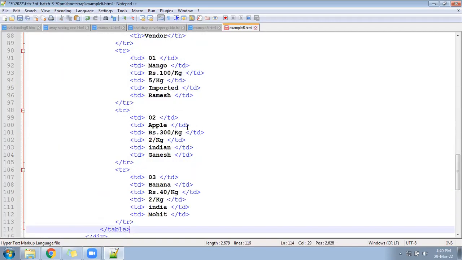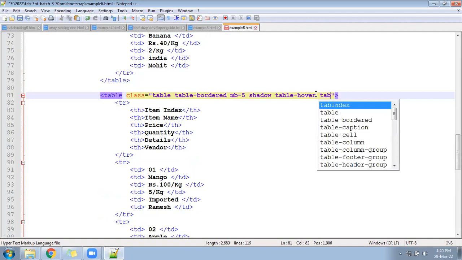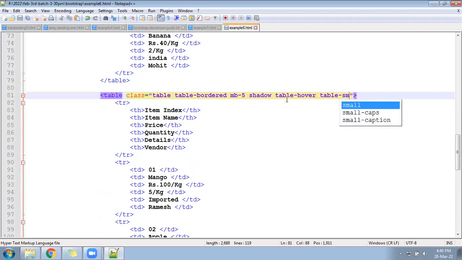Table hover is okay, let it be. Write table-sm. With table-sm, the table will remain the same, but the spacing will get reduced. Lots of space are there, and that space will get reduced.